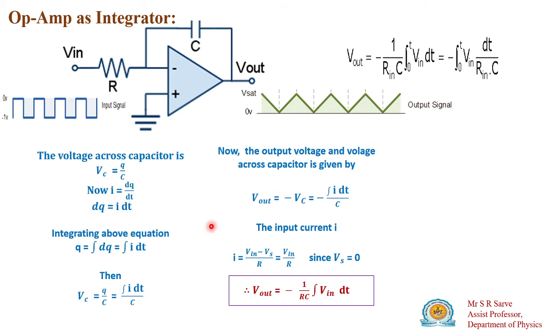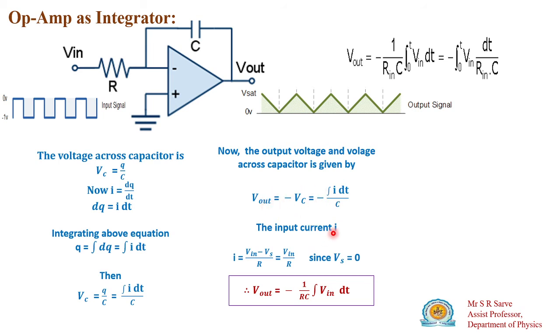C means capacitance. Now here output voltage is equal to the voltage across the capacitor, because the voltage at this inverting terminal Vs is the virtual ground, so here voltage will be 0. So if this Vs is equal to 0, then output voltage is equal to the voltage across the capacitor, and it is out of phase, so that's why there is a negative sign. So if you substitute this value Vc is equal to integration of I dt divided by C, you will get this equation for the output voltage.